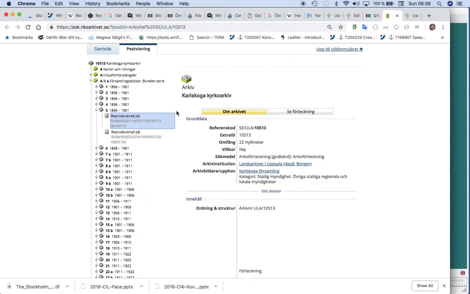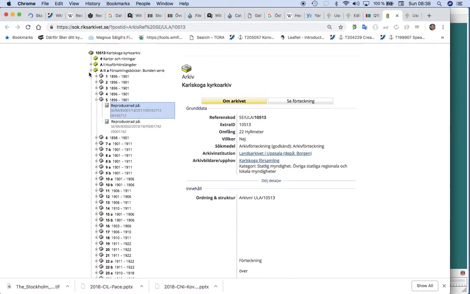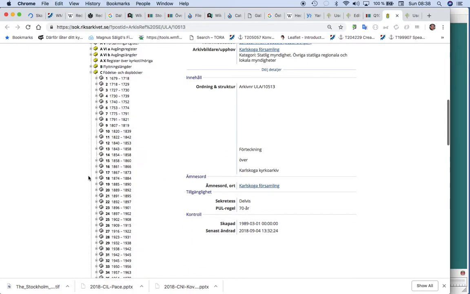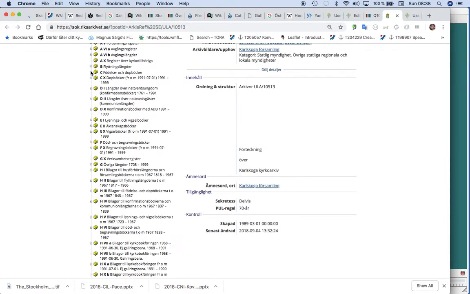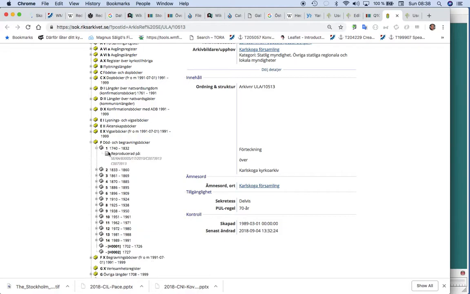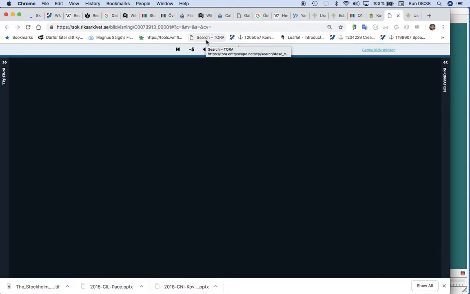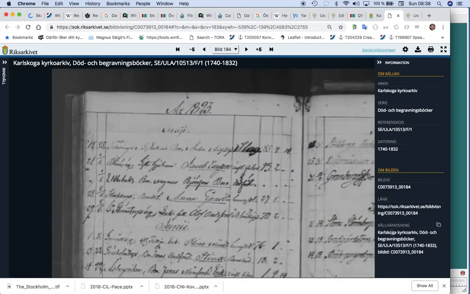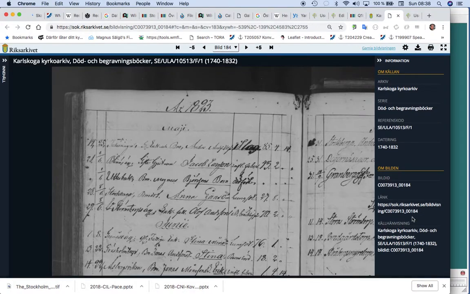So that's cool. You have, this is the household records. C is the birth records. F is the death records. So this is death records from 1740 for this area. They are not indexed, but you can use things down here for